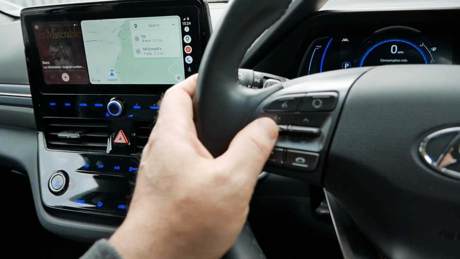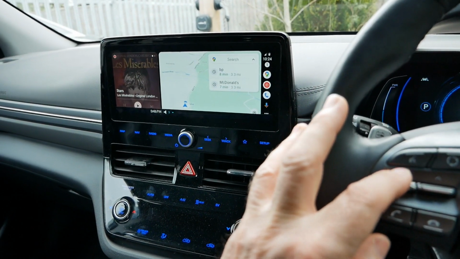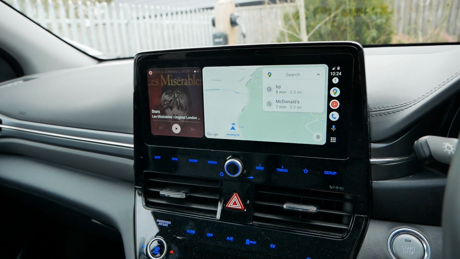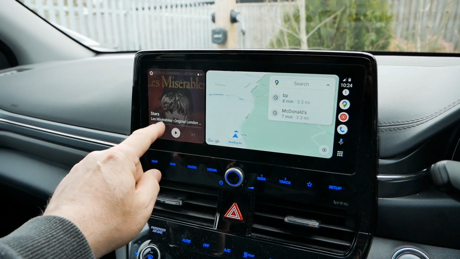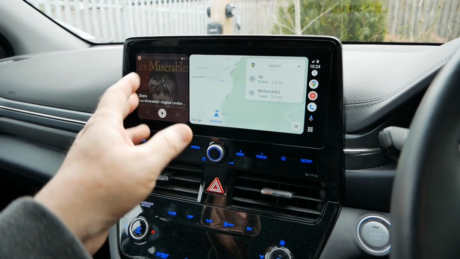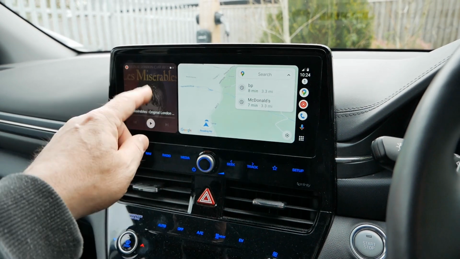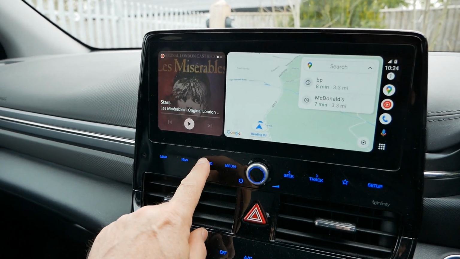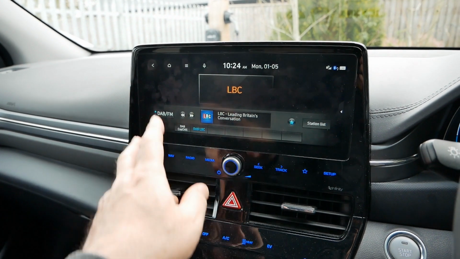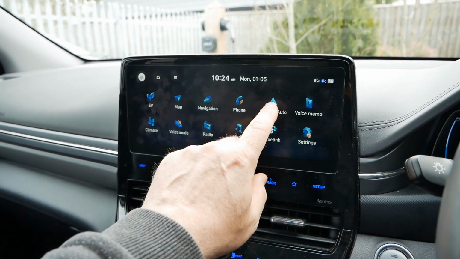It will just start streaming whatever your media player in Android Auto is. So if I turn the volume up, we've still got the radio playing in the background, even though it isn't displayed up there. Until I press play on there, the radio is still playing. The only thing is you can't get it on the screen, and I haven't worked out how to get the radio on the screen apart from pressing the radio button, where you then get full screen radio. You can change your channel, and if you want to go back, you've just got to press home and Android Auto.